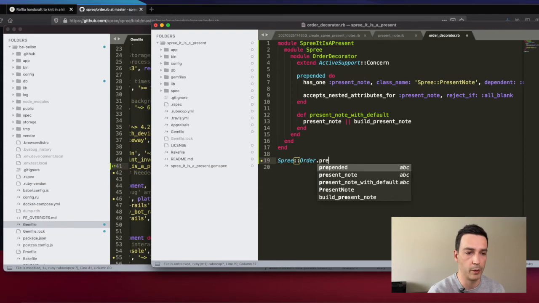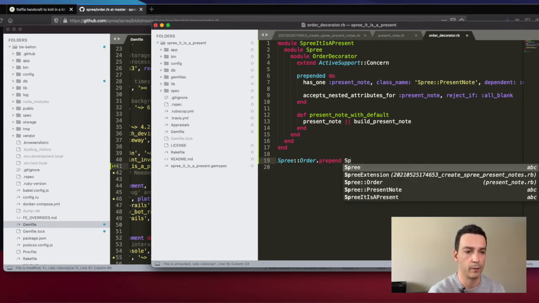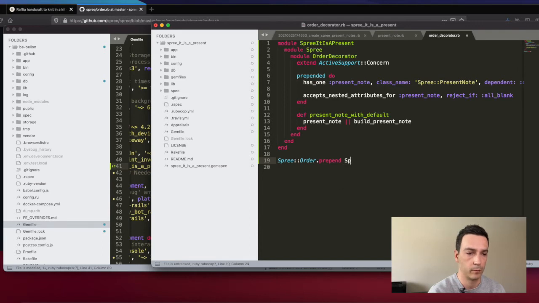So we want to say Spree prepend, and we want to prepend our module Spree present, Spree order decorator here, and that's it. So now that we have navigation between models, we probably would like to add the view so